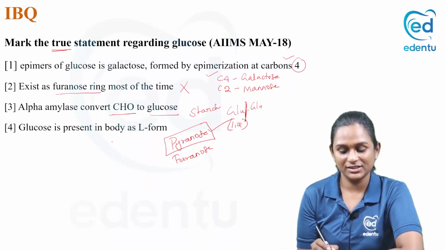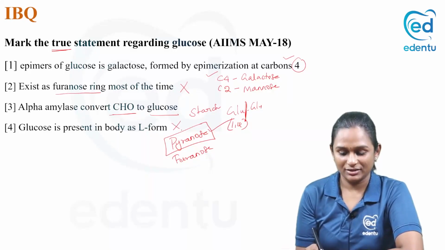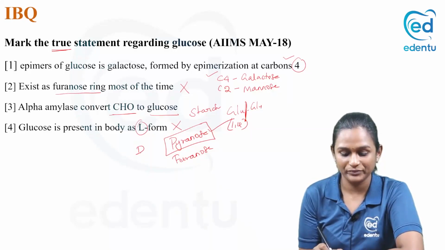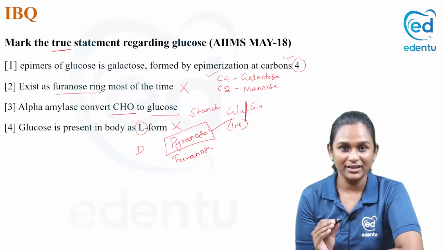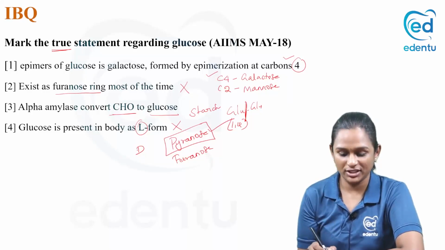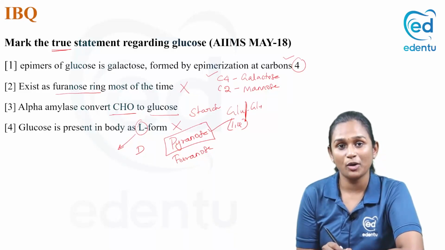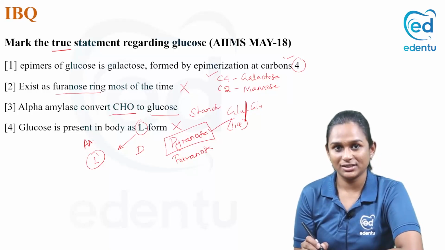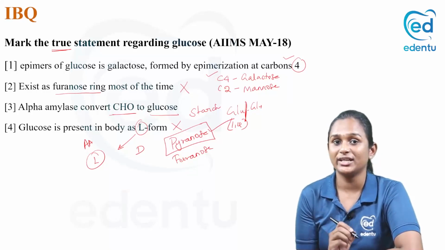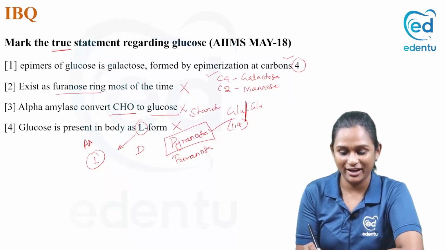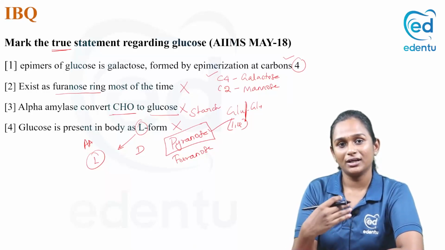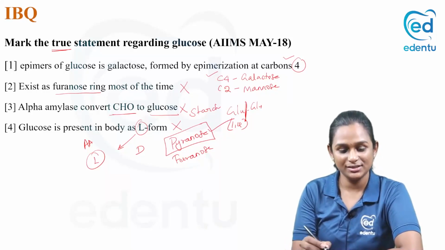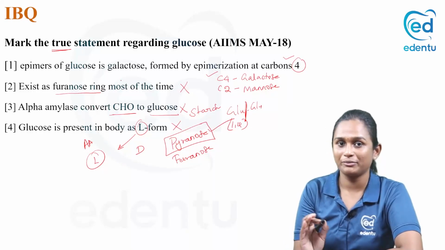Okay, glucose is present in the body as L form. No, this is wrong. Glucose will be present in the body predominantly in D form. This we have to remember. This is the fact. Glucose will exist predominantly in the D form, whereas amino acids will exist in the body in the L form. So this is the fact which we have to remember before moving back to the epimers, the isomers. The right option here is epimer of glucose is galactose, which is formed by epimerization at